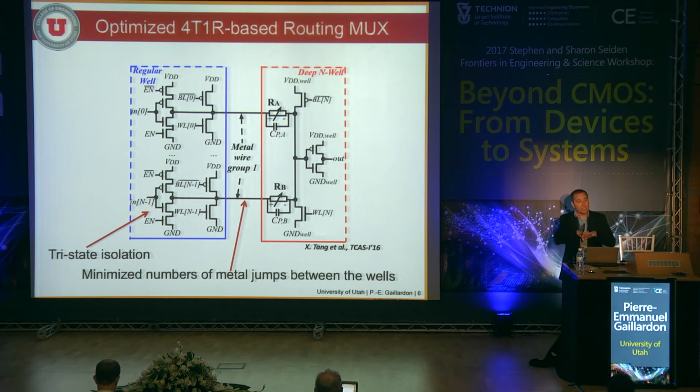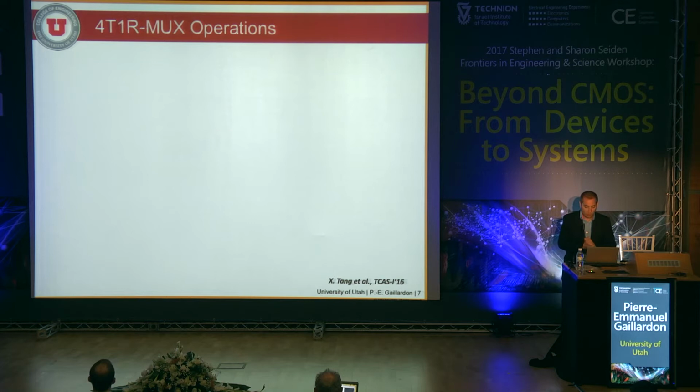So we basically split our two wells in between the two parts of the multiplexer, and we do not try to simply isolate the programming structure on a separate well. Because if we try to simply isolate our programming structures, we will lose a lot of area, many jumps between the different parts of the circuits. And on top of that,